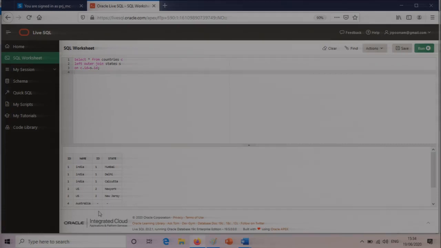Okay, so what has happened here is, you can see if I scroll it down, can I just resize it, please. Okay, so left outer join talks about all the values of A and whichever values are coinciding with it of the second table are taken, but which are not coinciding are left out.